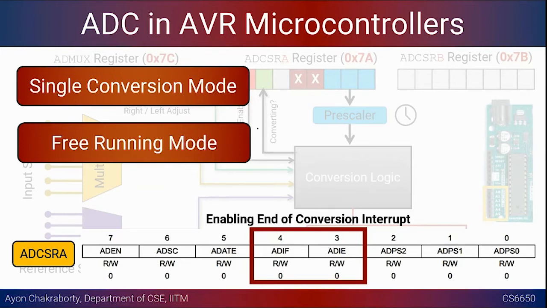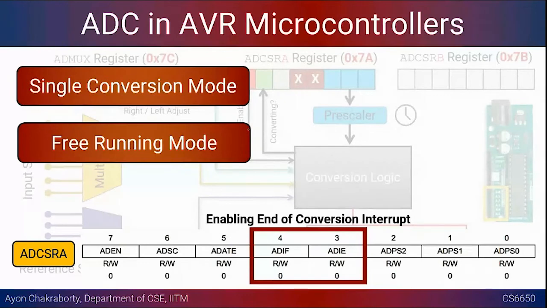Okay, because in your application, you might not need the digital values for the analog sensor all the time, right? Maybe there is a certain event, and based on the response to that particular event, I want to check the analog sensor now. Only in that case, you want a single value or a couple of values, right? So there is one way to implement this, and the other, through interrupt, of course.